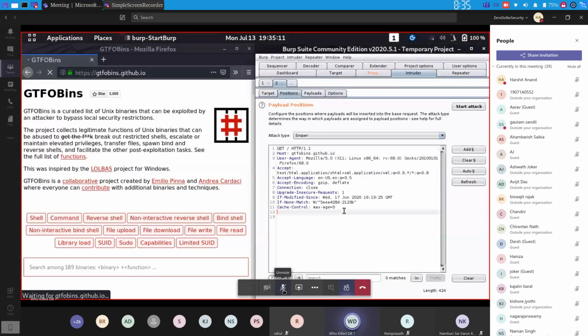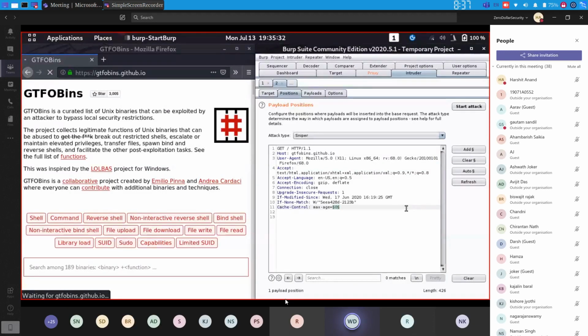Let's assume for now that this cache control is a vulnerable and possible vector. Here you see we have the symbol. We can add this as a potential attacking vector. Now we can take a list and use that list to brute force our way into the system.